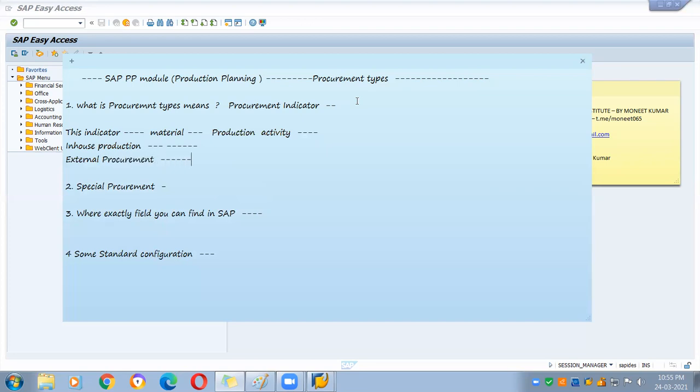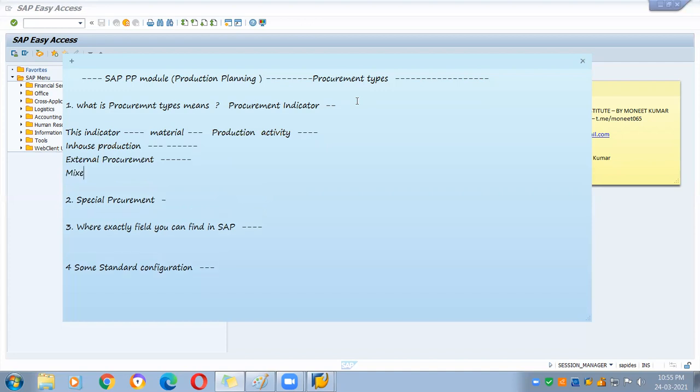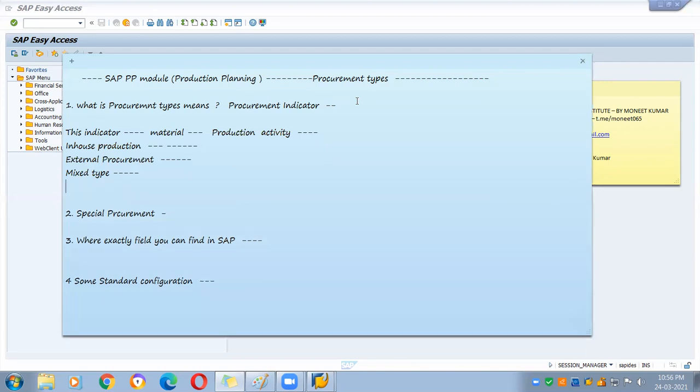That is, it is taking from some external vendor, or it can be a mixed type, that is, it is requiring both. Some of the raw materials that you are using for manufacturing the product are a part of your own company, and some of them you are getting from an external vendor. So mixed is both in-house as well as external. We also have no procurement.